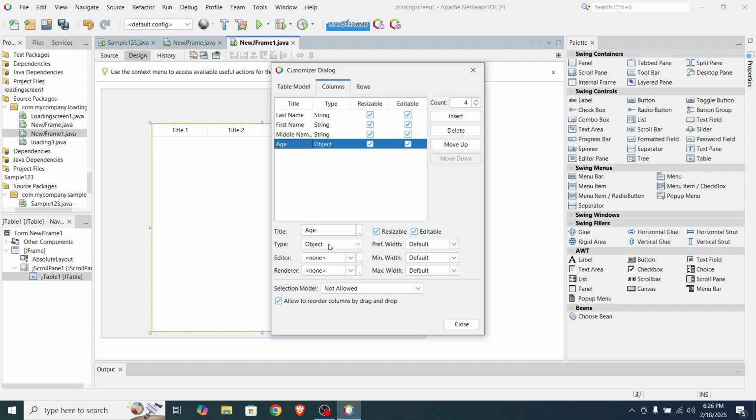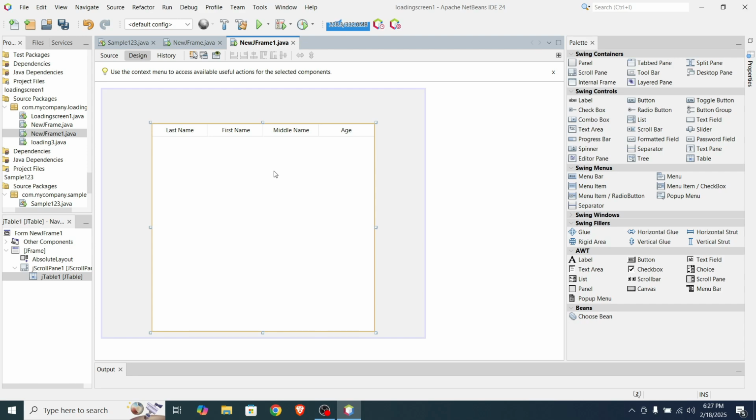So instead of string, we can choose integer. But if we are talking about monetary value, the one that has cents, we can choose float or double. Okay, so once we close this, you see it changed the actual title here.